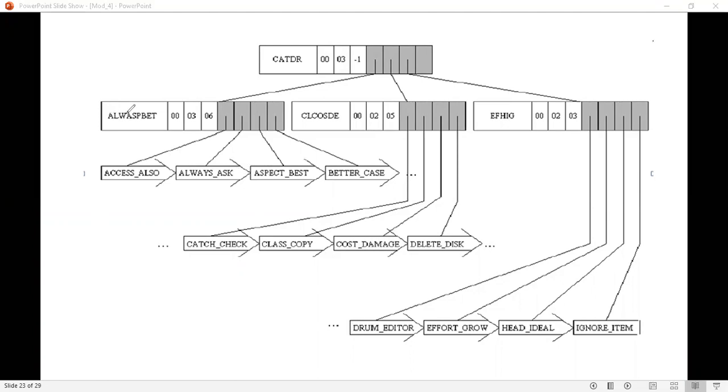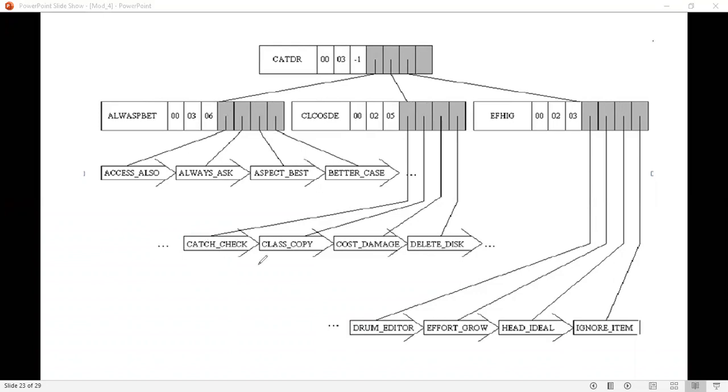And the second separator is ASP, which starts from 0, 3. That means the second separator starts from 0, 3. And the third separator here, in this block, you can make out that it starts at position 6 there.